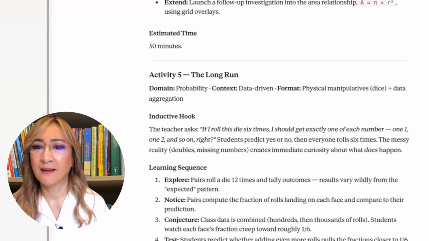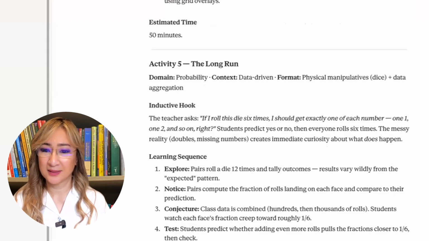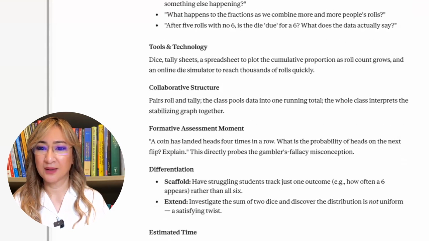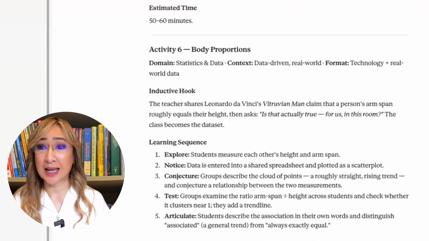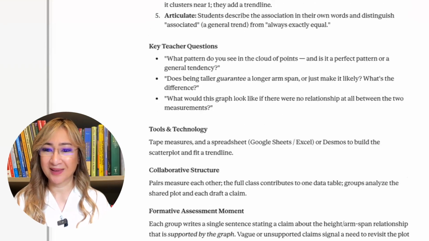The long run. What's this one about? Oh, if I roll a dice 6 times, I should get exactly one of each number. So this is the same idea as Gemini gave. Body proportion, this is exactly the same. And looking at Leonardo da Vinci's. Wow. I mean, we don't want a whole bank of really generic inductive inquiry learning activities across the world, even though there are some that are really classic problems and explorations,